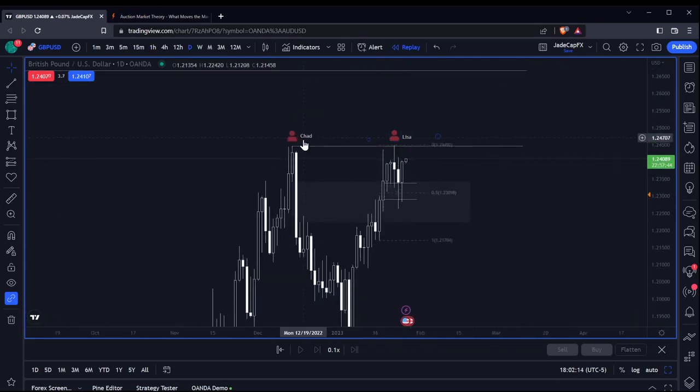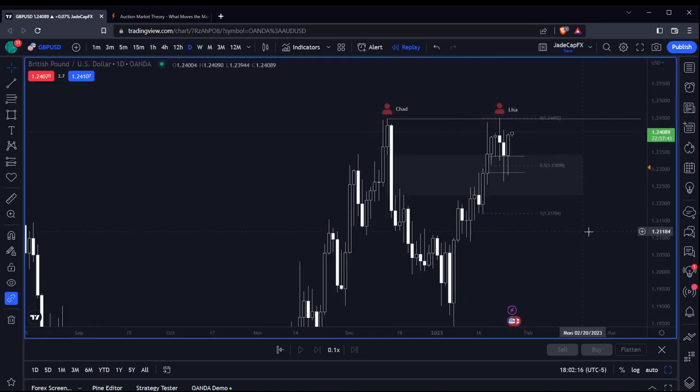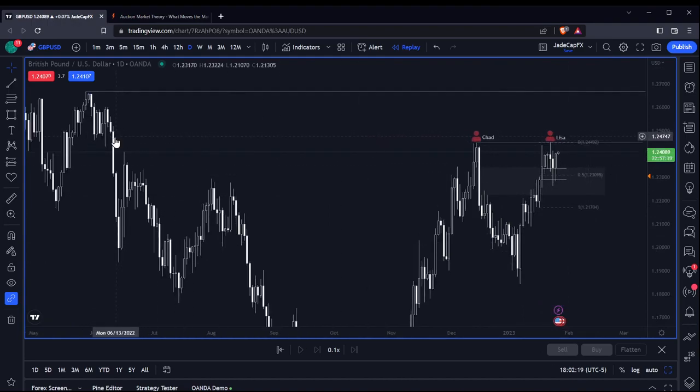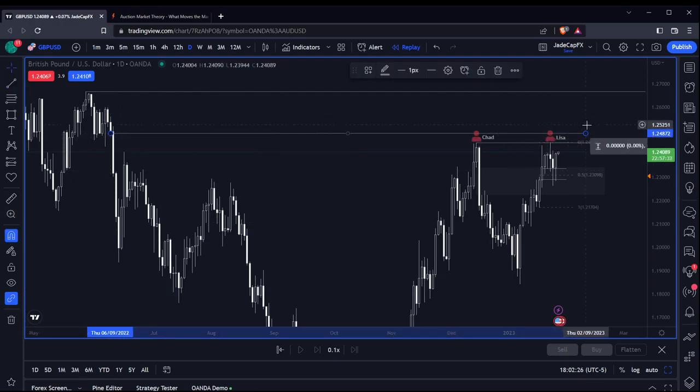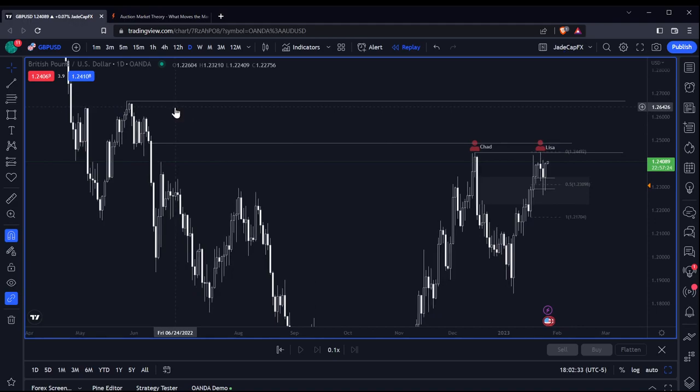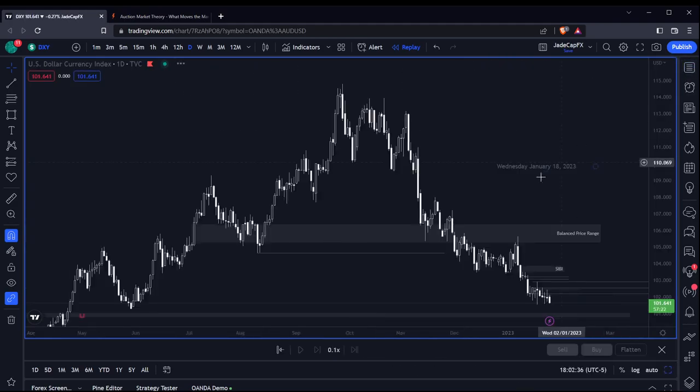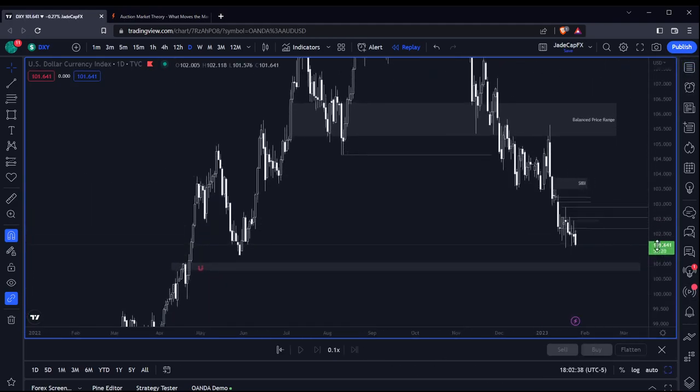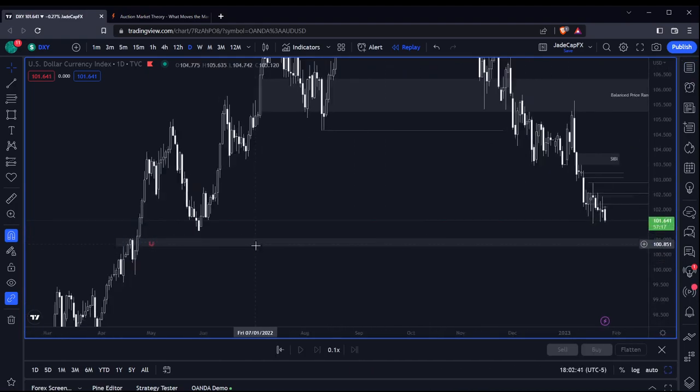We have these highs, which will possibly get targeted tomorrow. And then we possibly have this inefficiency up to this candle's low. And we possibly have the liquidity above the high back here, which is May of last year. So let's go over to the dollar and take a look at what I'm seeing right now. On the daily, I'm still targeting down here. I think tomorrow we possibly have a large expansion candle to get down there, below this low at least, and then down in here.